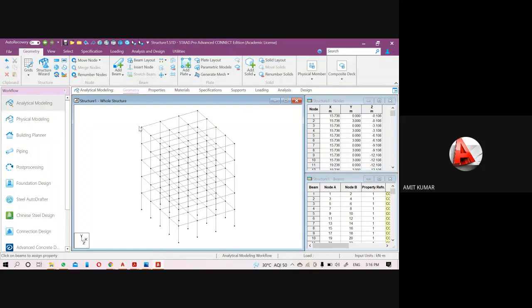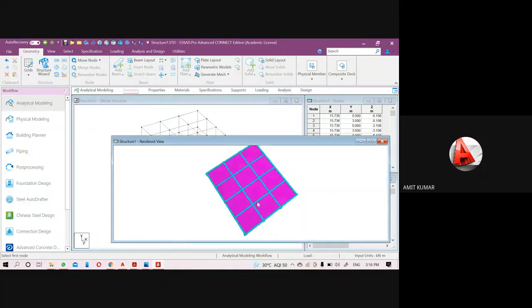So I want to add a plate at the top, so I can use the add plate option. Here we have two types of plate method, quadrilateral and triangular. You can see our structure is in a quadrilateral shape, so I will pick the add quad plate. If you want to add a triangular plate, just click and drag and drop, and you will get a triangular plate option also here. So the add plate option has been activated. Just click on all the corners here, and you can see a plate has been created at the top.